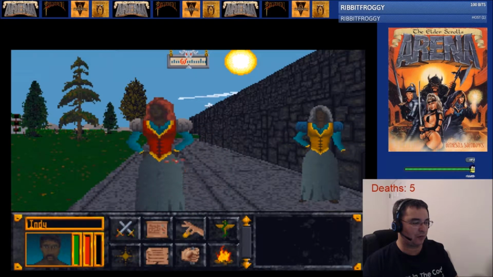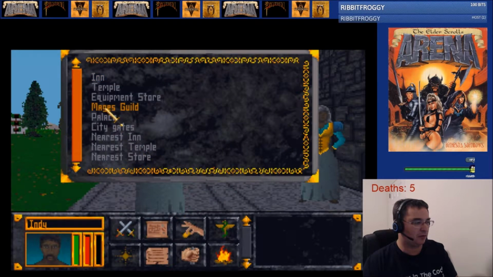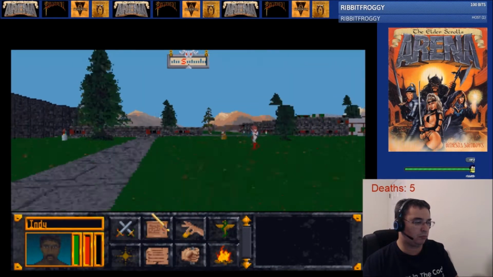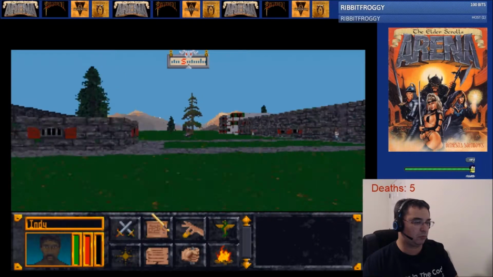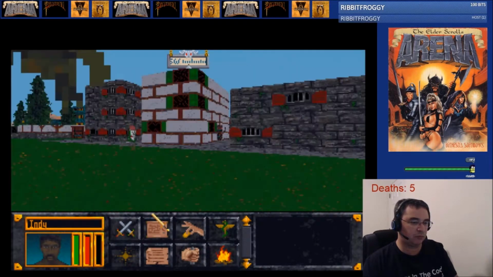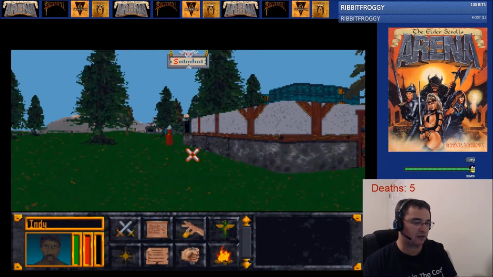No. Not rumors. Where is? Mage's Guild. That's easy. It's south of here. Okay. South it is. Look how fast I'm burning through this town. Now, these buildings are colored differently, so I can't necessarily...